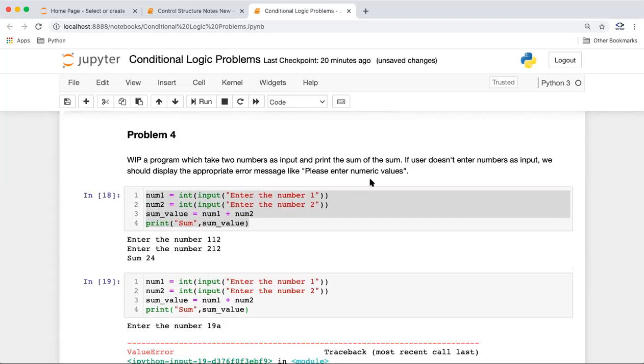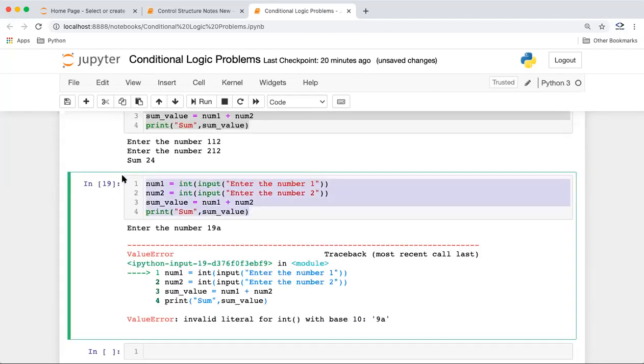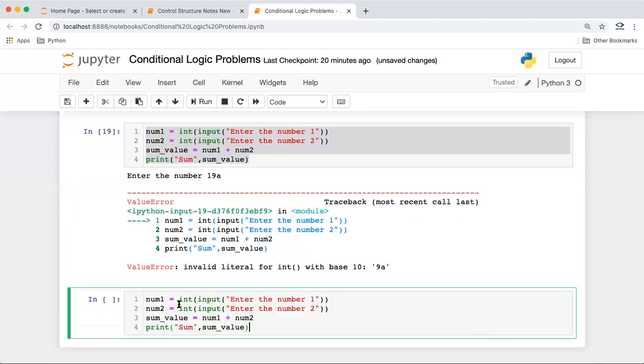What we want is, if the user doesn't enter numbers, to show them a proper message. So guys, what we need to do here: one option is exception handling for these cases. The other option is that before conversion, we check whether it's a number or not.